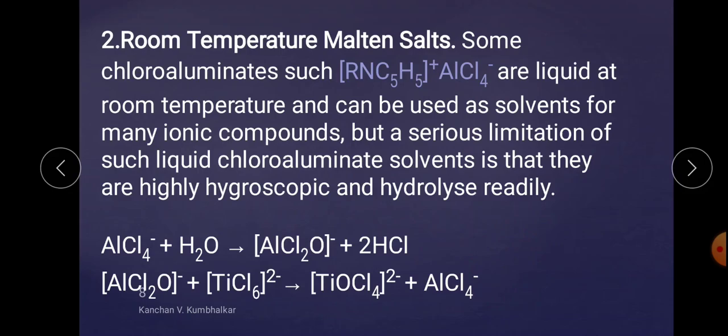The room temperature molten salt, for example, some chloroaluminate such as RnC5H5+, this is your cation, and AlCl4-. This is also a compound where the positive and negative charges have been balanced with each other, and it is liquid at room temperature. This chloroaluminate compound is liquid at room temperature and can be used as a solvent for many